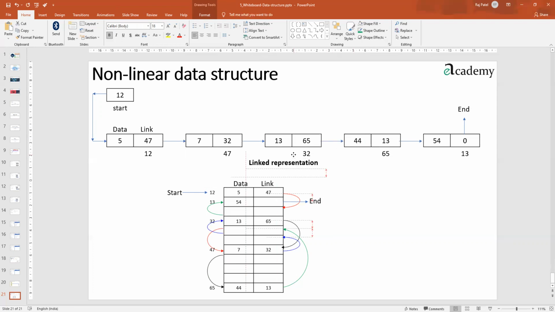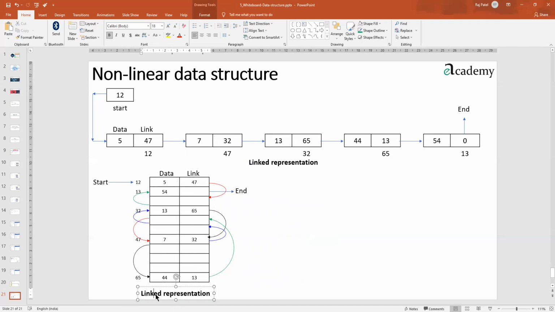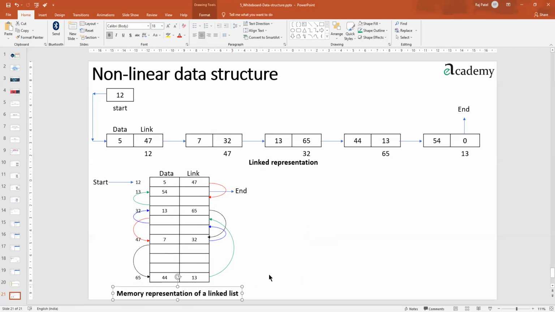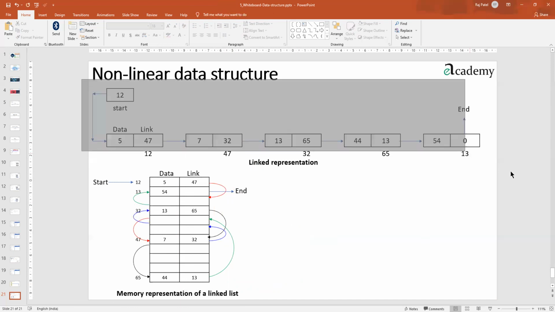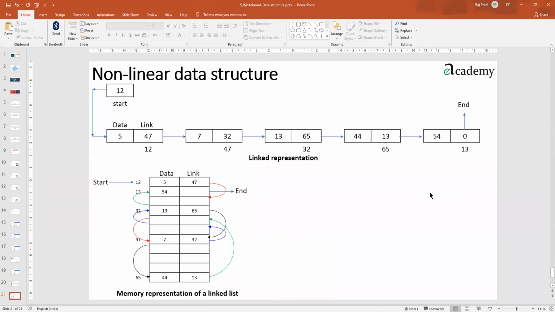Draw the linked representation, and they may give you this particular lower diagram and ask you to draw a linked representation. And if they give you the linked presentation, then they will ask you to draw the memory representation of a linked list. So you have to draw exactly this kind of stuff only. You may refer to a few board papers and you will understand what their questions are and what they are expecting as an answer also. Okay, so it is a very frequently asked board paper question and very easy to score for you. Please do not lose this particular topic which is available for you to score easily.